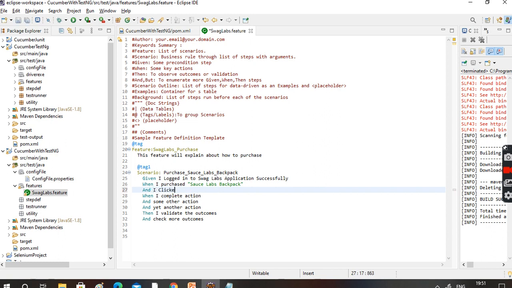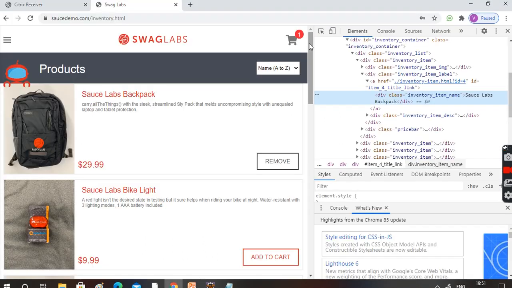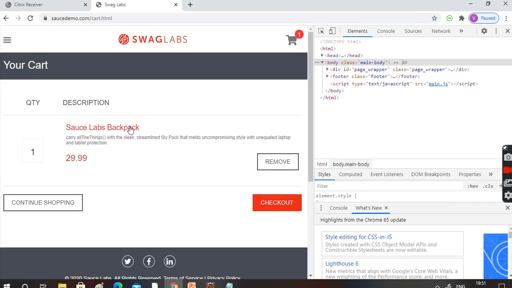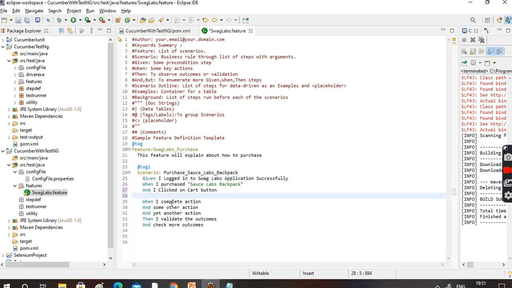I clicked on the cart button. Okay, clicked on the cart button. After that, I want to verify whatever I purchased, is it right or not? Verify your cart page displayed SAS back.